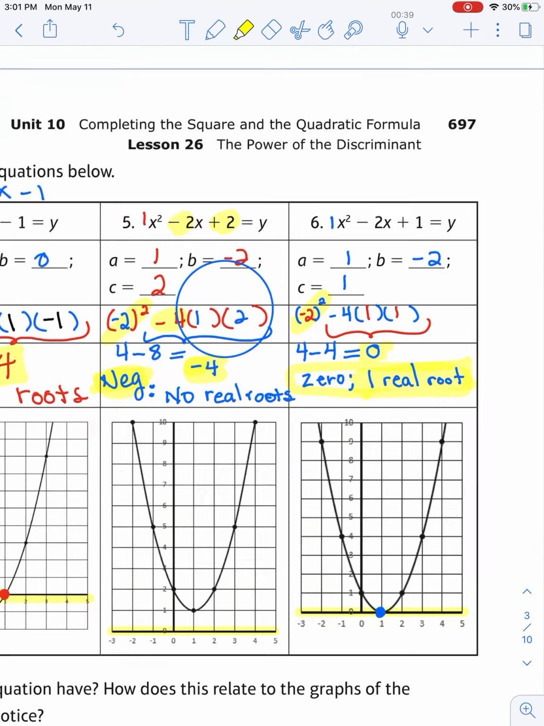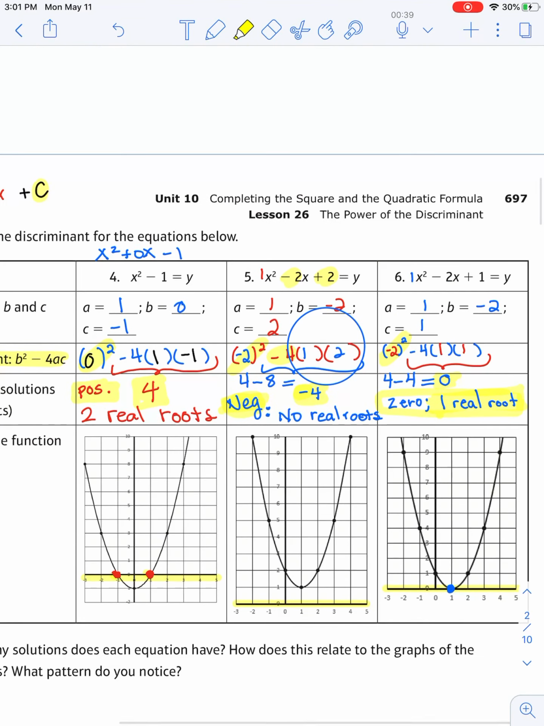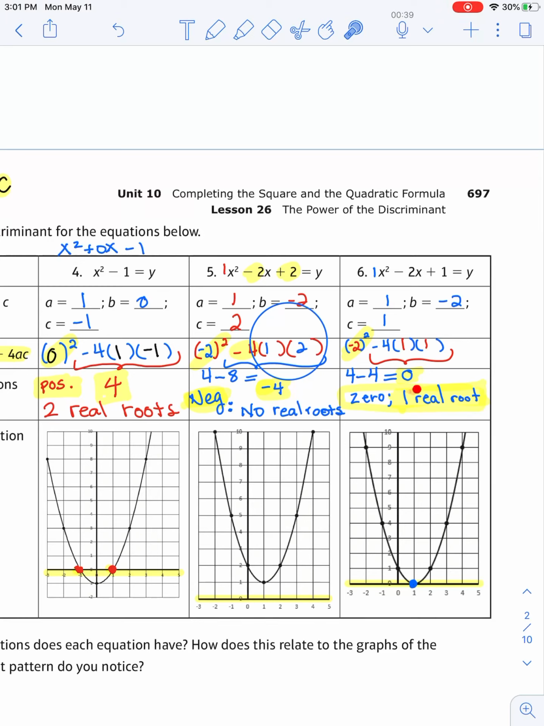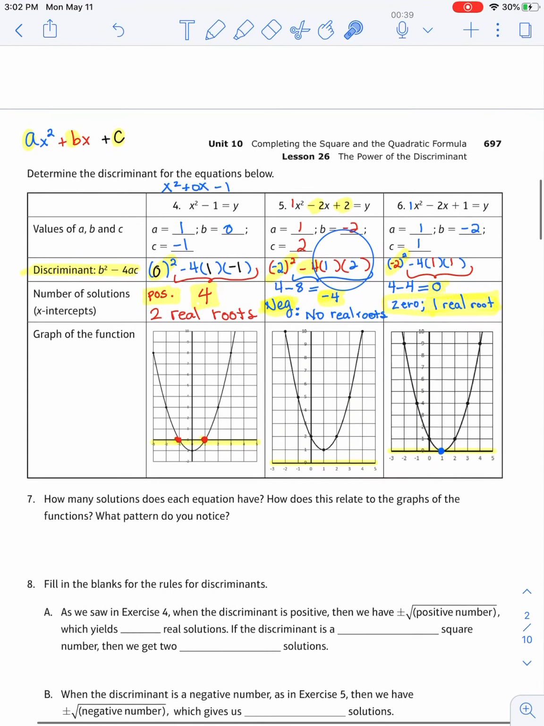Okay, so just to do a little recap, when your discriminant is positive, we have 2 real roots. Any positive number, 2 real roots. When your discriminant is negative, that means you have no real roots. Your parabola will never touch the x-axis. Finally, here we solved the discriminant and it gave us a 0. So whenever you simplify the discriminant and you get a 0, that means you're going to have one real root and it will always be at the vertex, which means the one x-intercept. All right, so